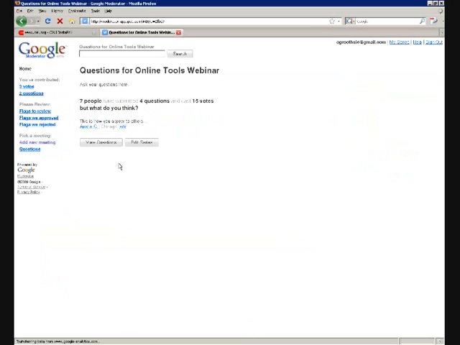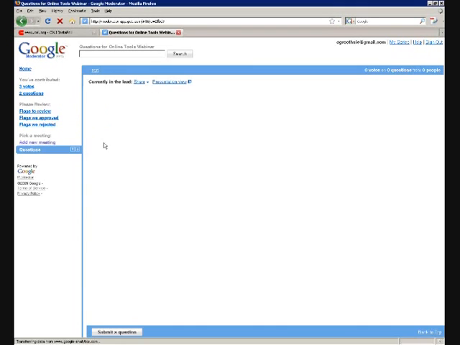Once that is done, students can go in and vote on the questions they want, and to go back and look at those questions and those votes, you log back into your account, Google Moderator, push View the Questions here,